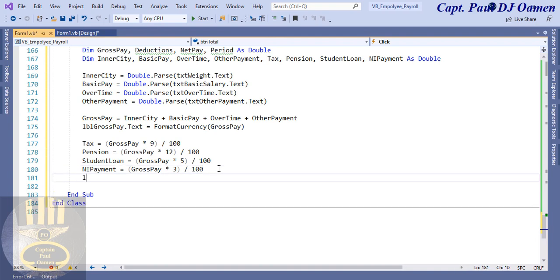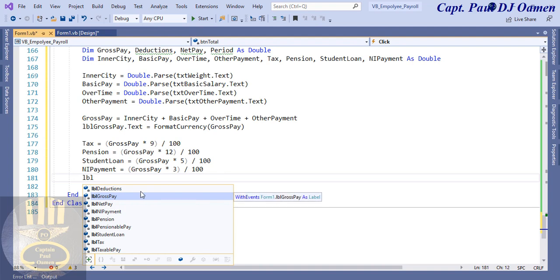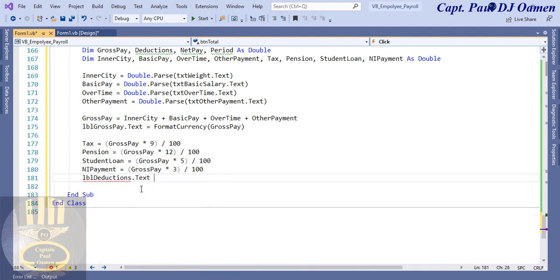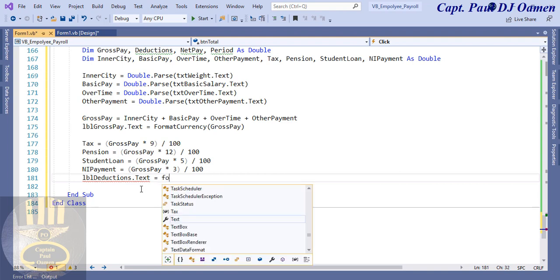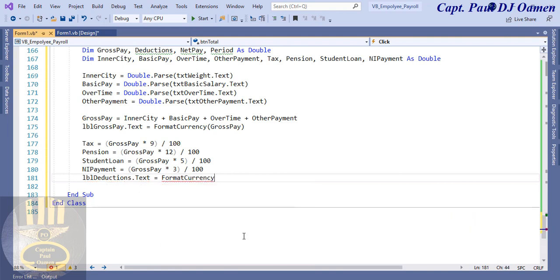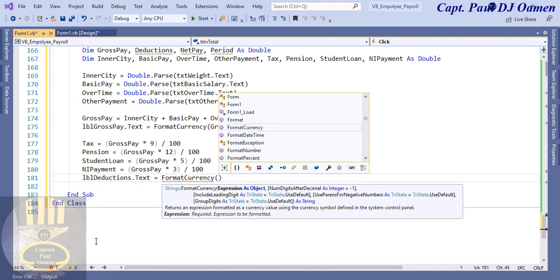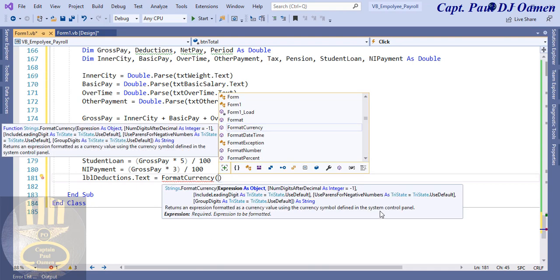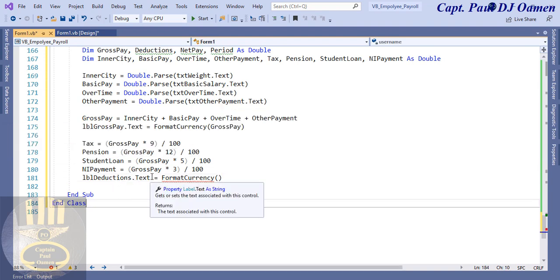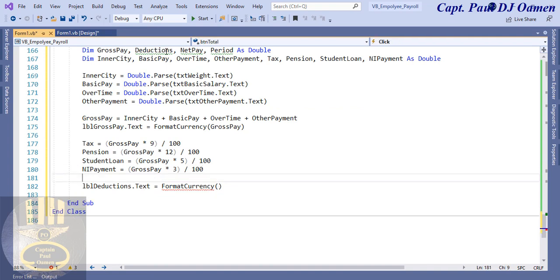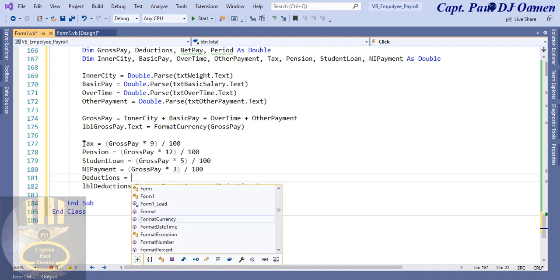That will be LBL deductions dot text equals. Let's format the whole lot, and we add up everything. So that's going to be tax. Now let's do it this way. I will use the deduction later on. Let's come in here, variable deduction, grab variable deduction, paste that in there, and all of this calculation will be deduction equals all of this tax